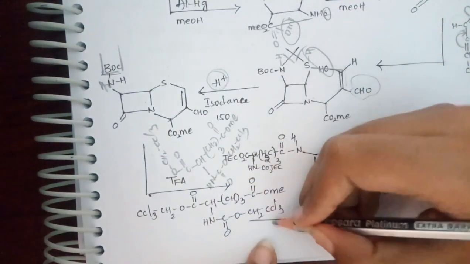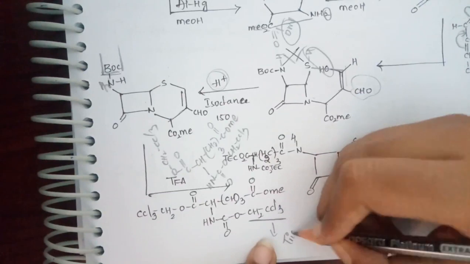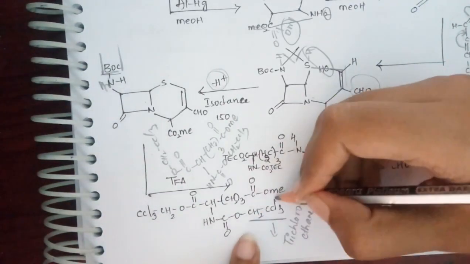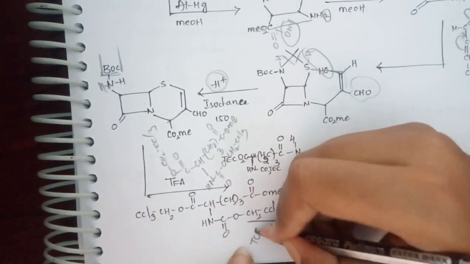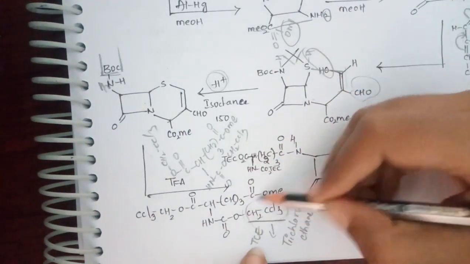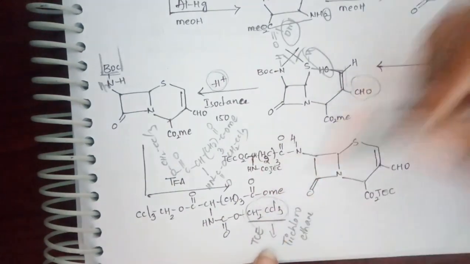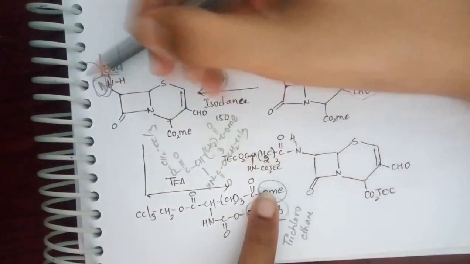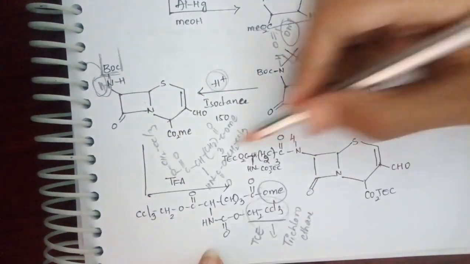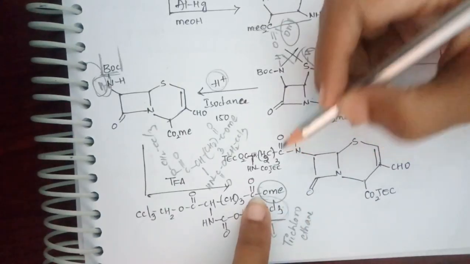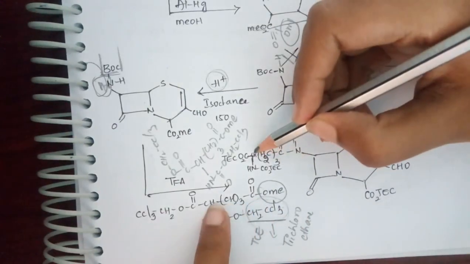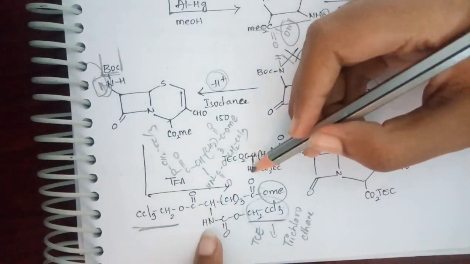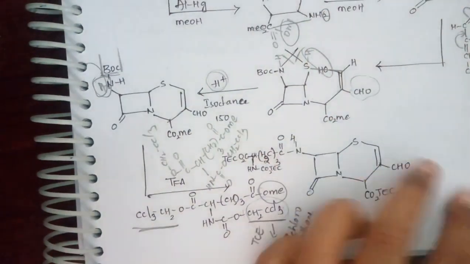This CH2CCl3 is known as trichloroethyl, which you can write as TCE. Instead of writing this total structure, you can write it as trichloroethyl. So what will happen: here H and here OMe, methanol will be lost and this side chain will come here, NH attached to C double bond O, CH2 thrice, which is attached to CH, CO2TCE. Instead of all these I have written TCE. Here again NHCO2TCE.